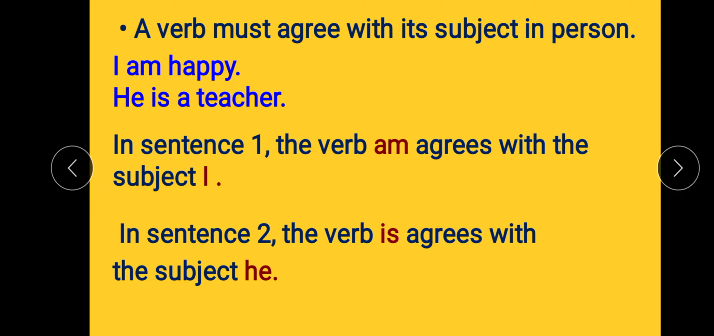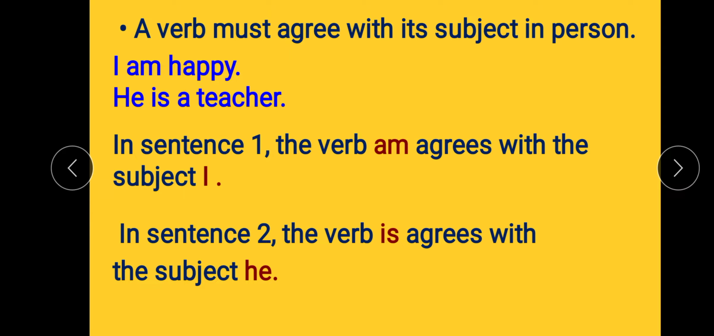so here two sentences are given. I am happy. And second, he is a teacher. We all know that we use am with I. With first person singular, that means I, we always use am. And we also know that with third person singular he, we always use is. Okay. That means in